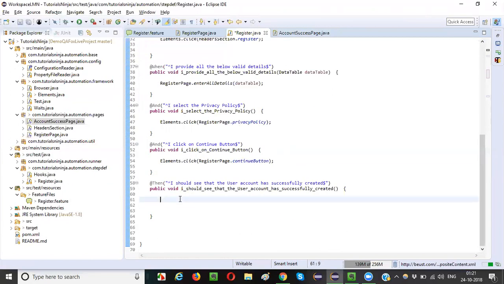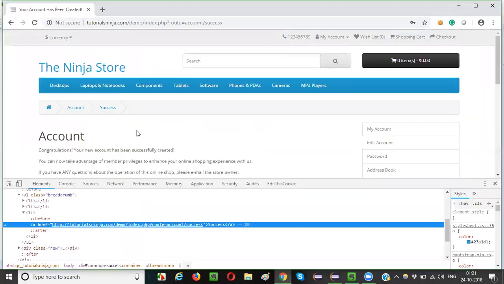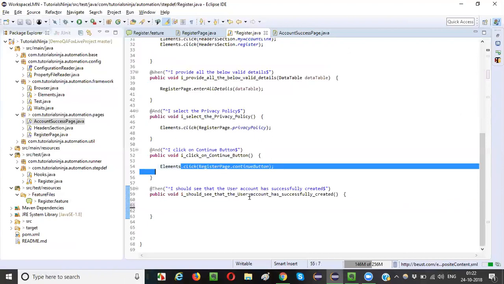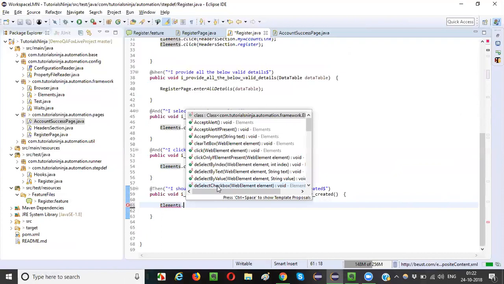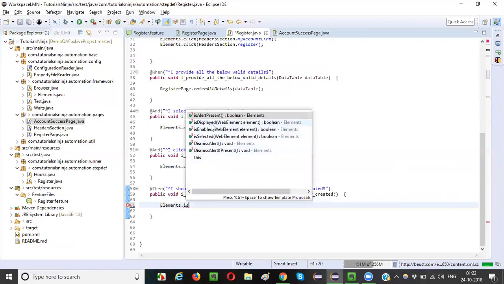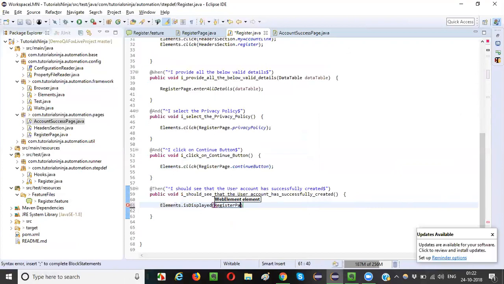Now, guys, I will verify whether the success breadcrumb has come or not. After clicking the continue button, I need to verify whether the success breadcrumb has come or not. For that, I will say elements dot is displayed. Some reusable method is already created at the framework level, so you can call is displayed directly. Which element are you trying to check whether it is displayed or not? That element is nothing but register page dot,